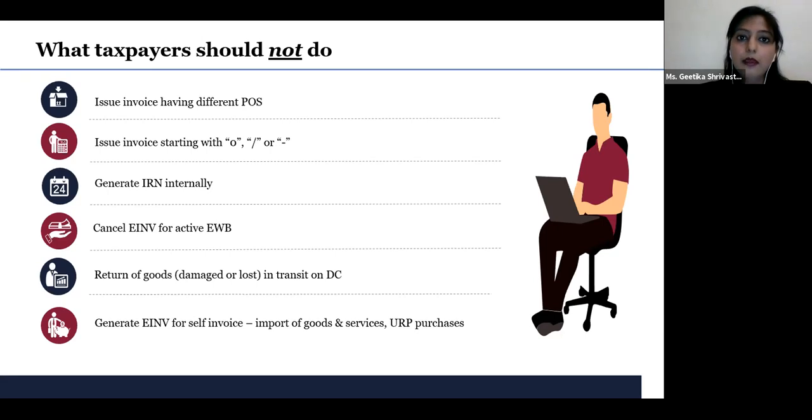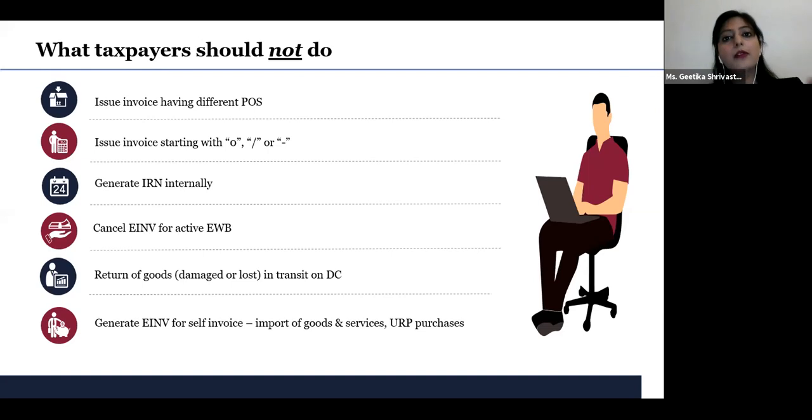There are other practical situations which are prevalent in this industry, like the case of return movement of goods. Various times we have seen goods damaged, or sometimes the goods go to the customer place and there is a rejection at the gate without gate entry happening. The goods are rejected at the gate and come back. In practice, most of the industry players are not issuing a credit note for these transactions. They are just bringing back those goods on DC, canceling the invoice in their system.